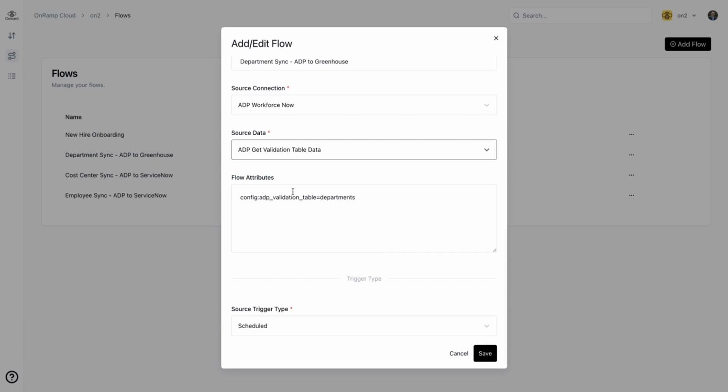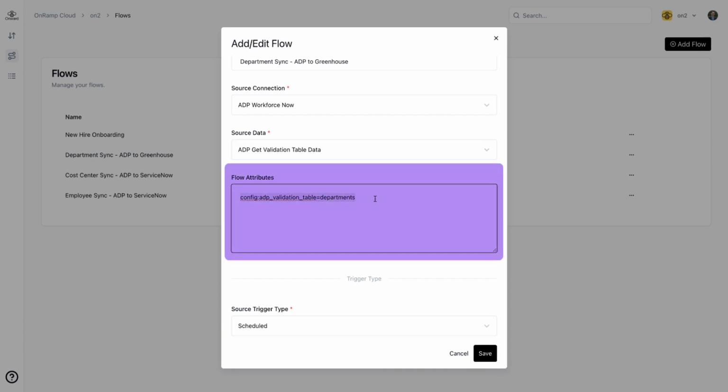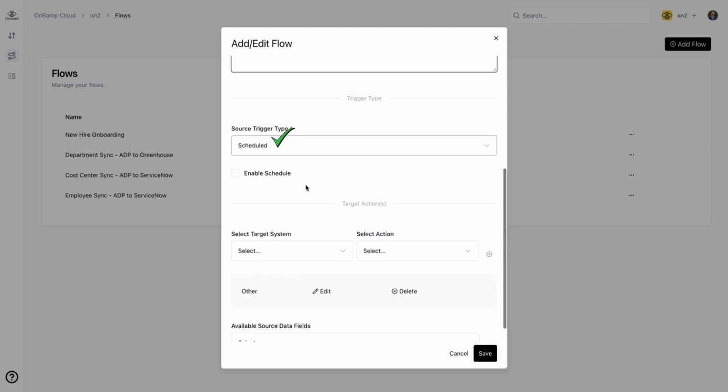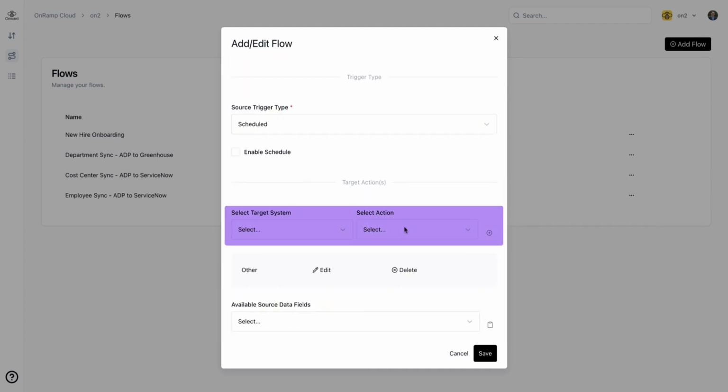And to specify what kind of specific object you want to retrieve, use this config option where you are telling OnRamp that you are interested in pulling departments. We'll leave it as a scheduled job. And for the target action, I have selected Greenhouse